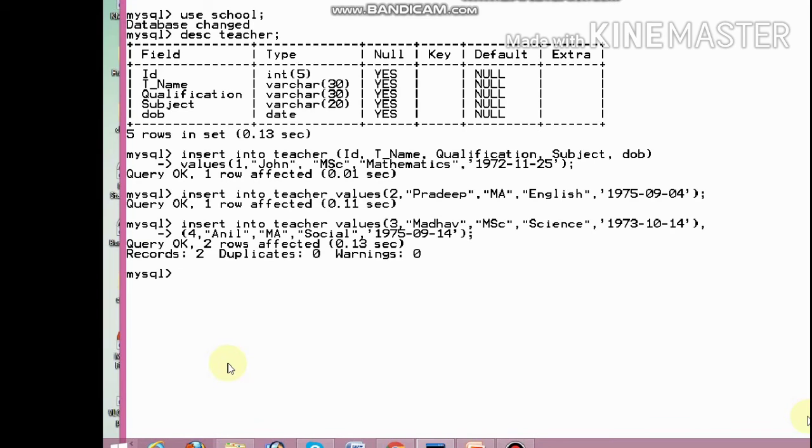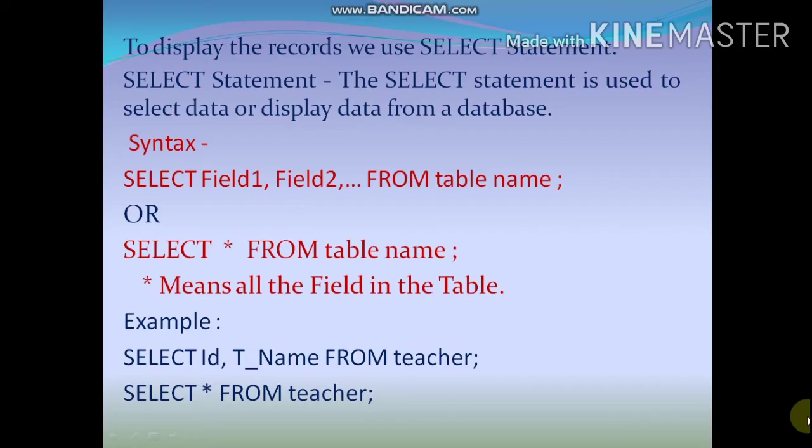Now after entering the records, we want to check whether the records are stored or not. For that, to display the records, we use the select statement. The select statement is used to select or display data from a table in a database.